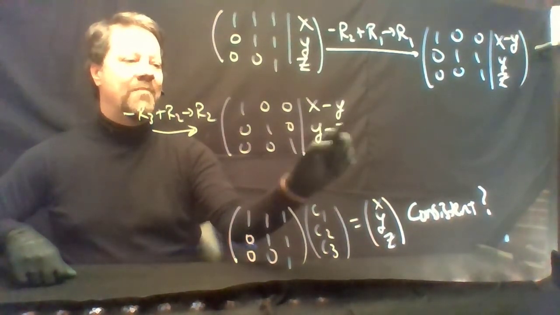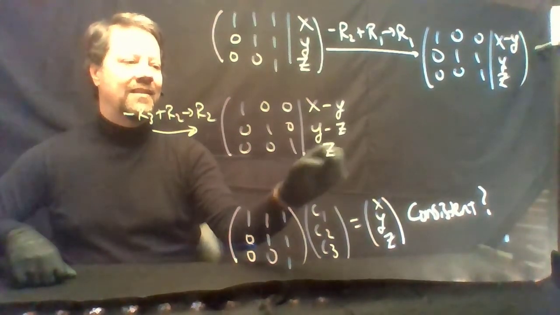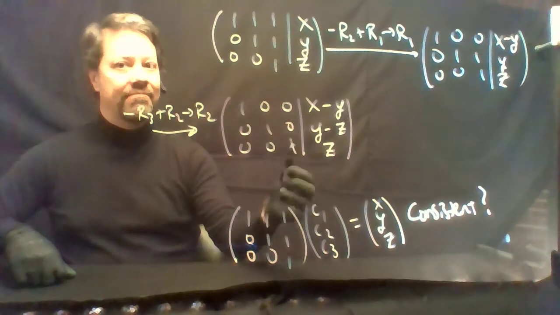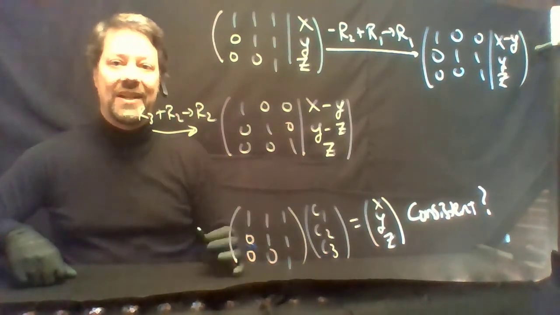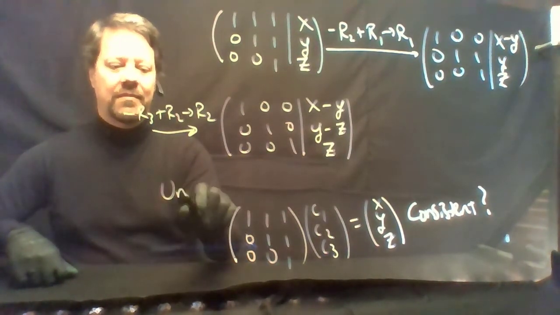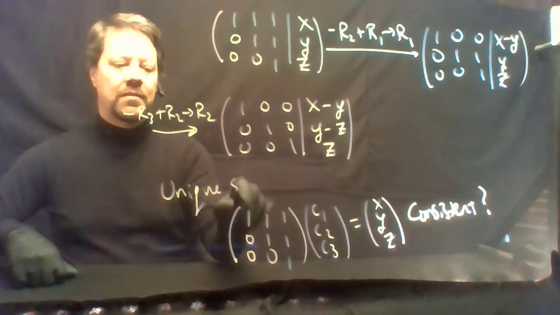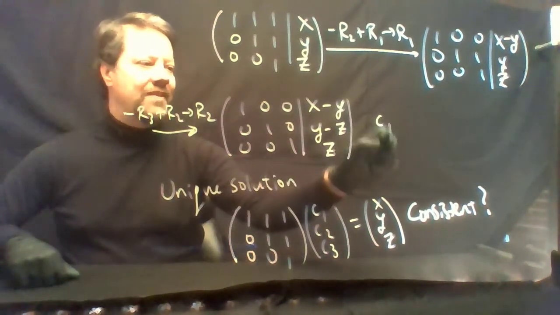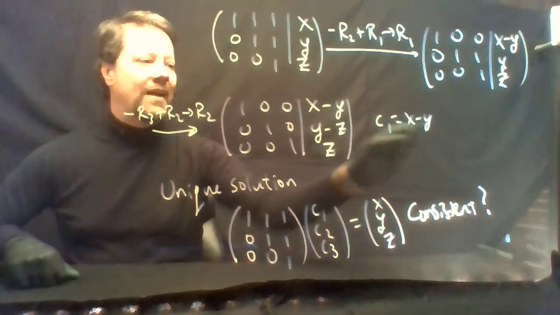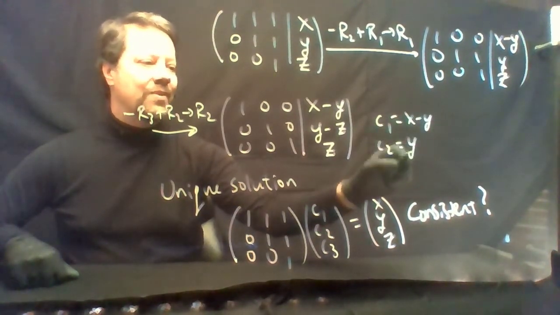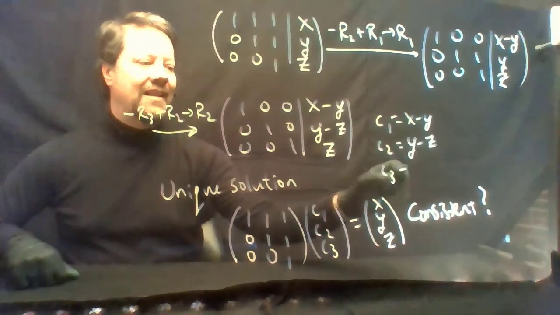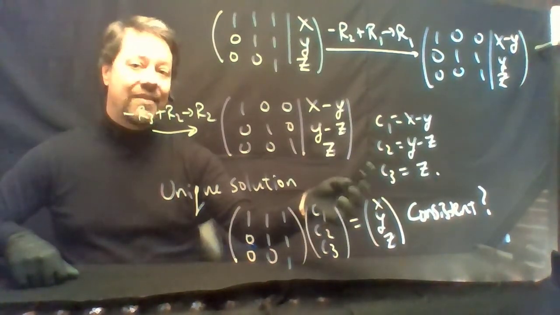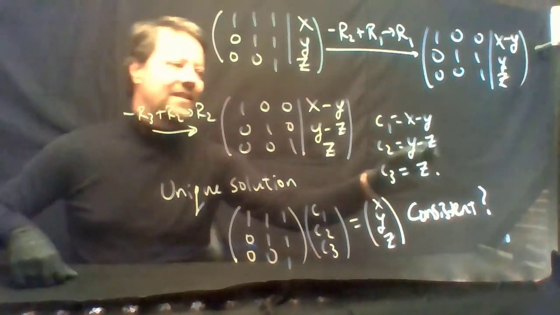We'll have y minus z in this spot, and then z. We did not get a contradiction. In fact, we get a unique solution. We'll have C1 equals x minus y, C2 equals y minus z, and C3 equals z. Since we have a solution, that means it is consistent,